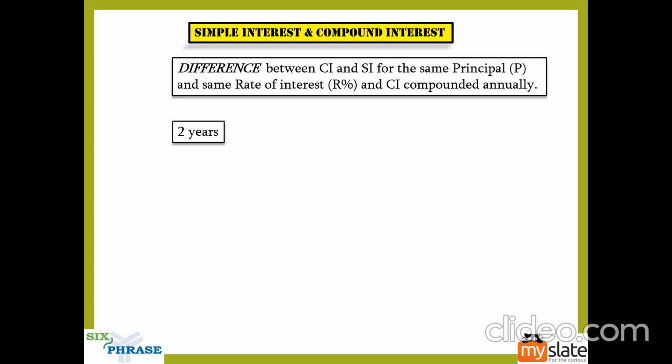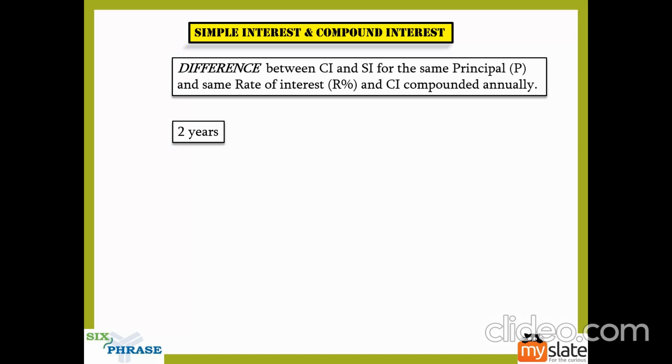So if you're asked to find the difference between compound interest and simple interest, you have to make sure that the principal and the rate of interest are the same. Both for compound interest and simple interest, the principal and rate of interest must be the same, and the question must say that the compound interest is compounded annually. Usually when the question says nothing, guys, it means that they are compounding annually. But sometimes they will say half yearly, then you just follow the usual method, find the CI and SI, and then take the difference. But usually they won't ask such questions where compound interest is compounded half yearly.